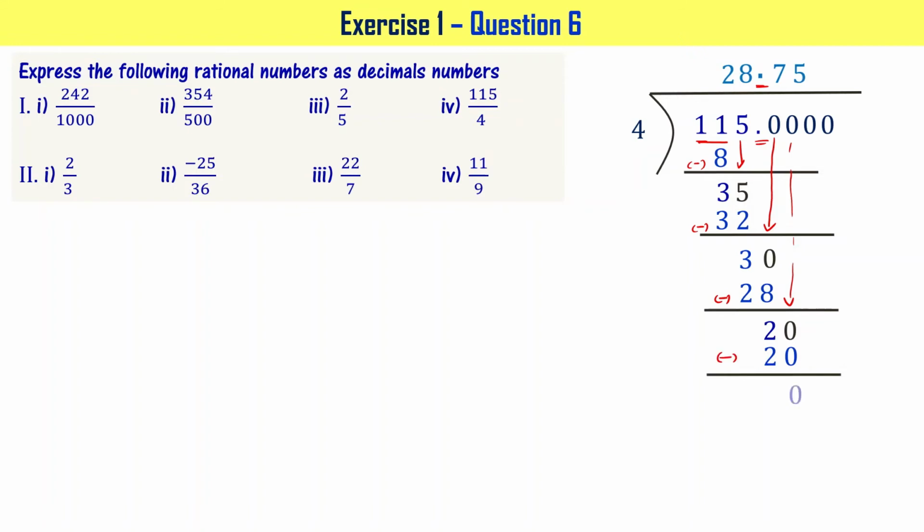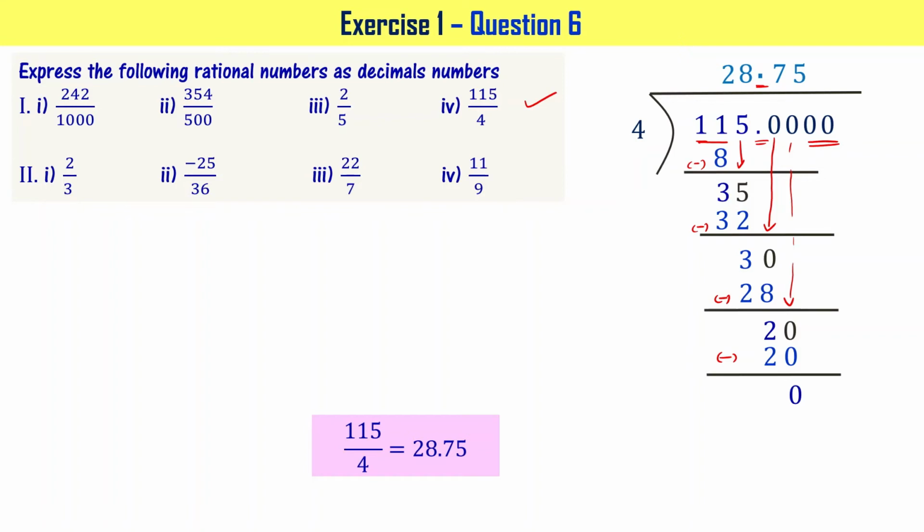Subtract that, so the answer is 0. So we are going to stop here. These two extra zeros I have marked earlier don't make any difference to the division process, right? Now let me write this as 115 by 4 equal to 28.75. So we have now expressed the first part of the problem, 4 rational numbers given, as equivalent decimal numbers,